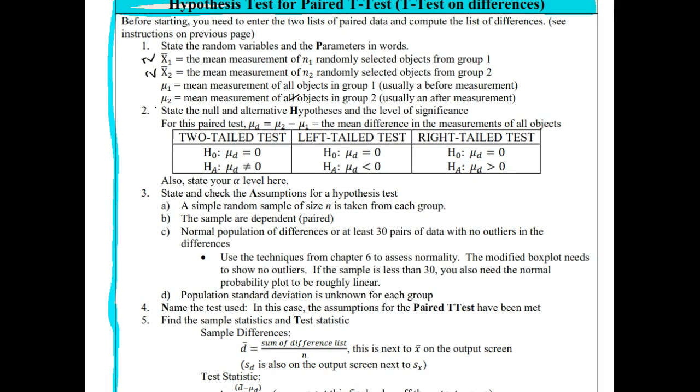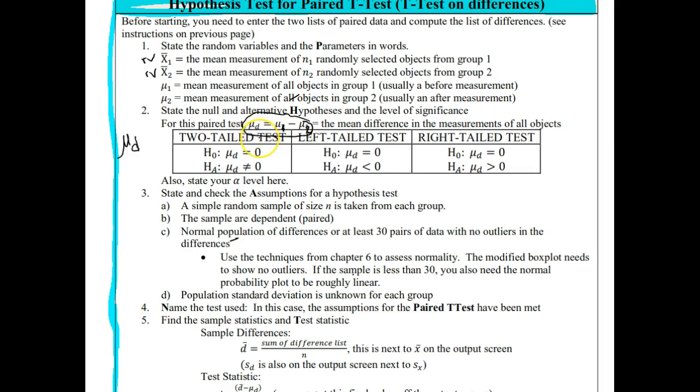We're going to state our null and alternative hypothesis and the level of significance for that second step. And for this one, we do get a new symbol in this section, mu sub d, which is the mean of all the differences. So d stands for differences. So in this case, these are backwards. This should say mu1 minus mu2. So if we take mu1 minus mu2, okay, that will give us the mean of all of the differences